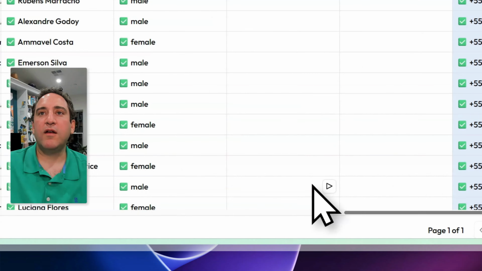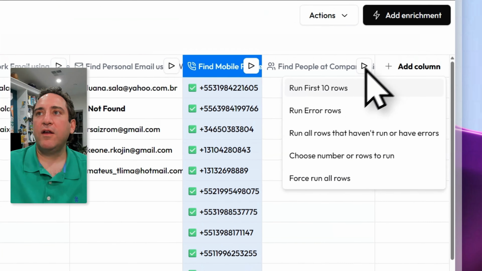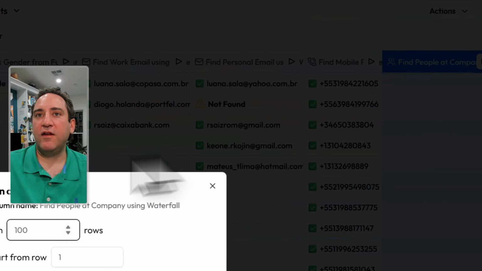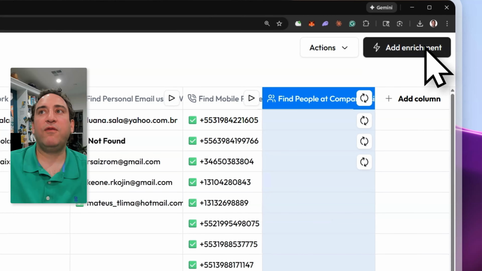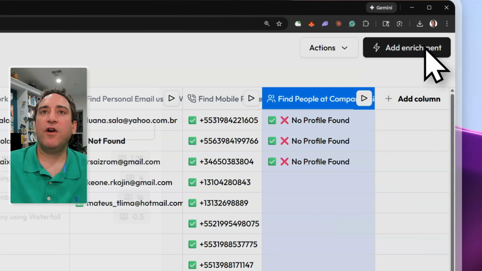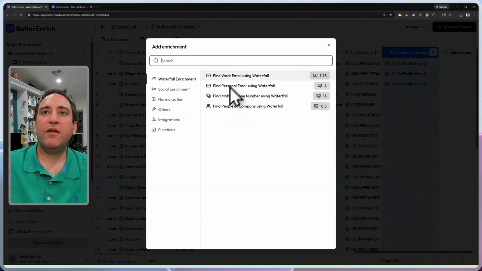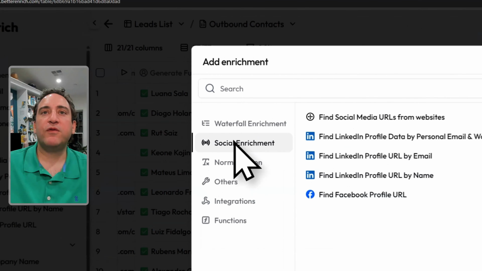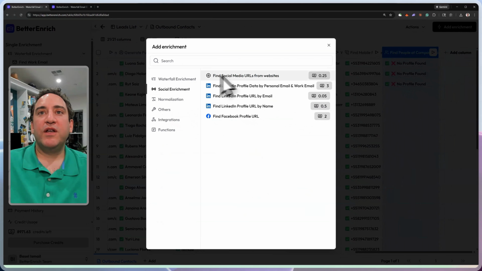So once you run it, it is going to give you as much data as it can possibly find with the inputs that we had. So that's how you find people at company. So now, these are the 4 main functions for waterfall enrichment. So for social enrichment, you have 5